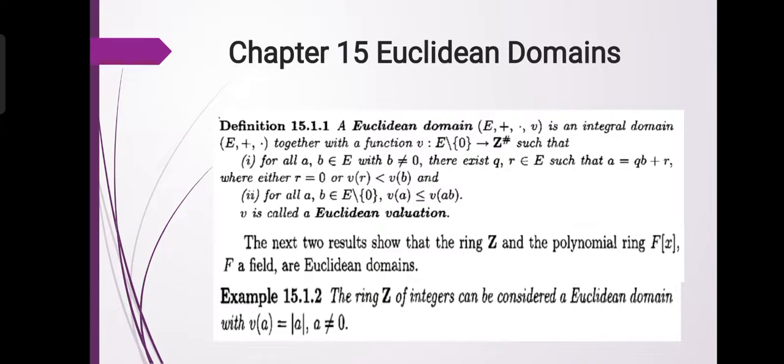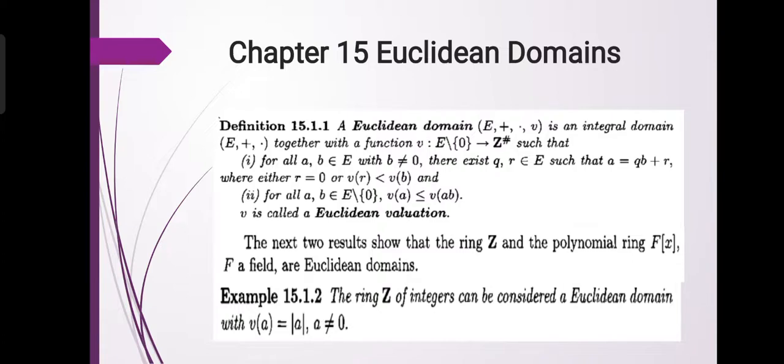So, in Definition 15.1.1, a Euclidean domain (A, +, ·, v) is an integral domain (A, +, ·) together with a function v from the set A \ {0} into the set of non-negative integers such that: number 1, for all a and b belonging to A with b not equal to 0, there exist q and r belonging to A such that a = qb + r, where either r = 0 or v(r) < v(b); and number 2,